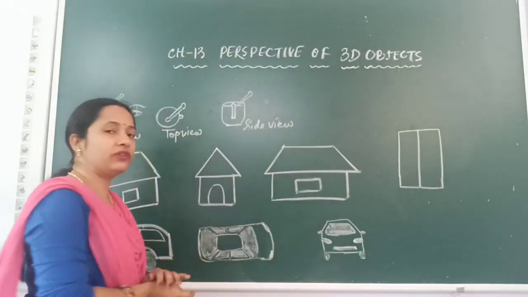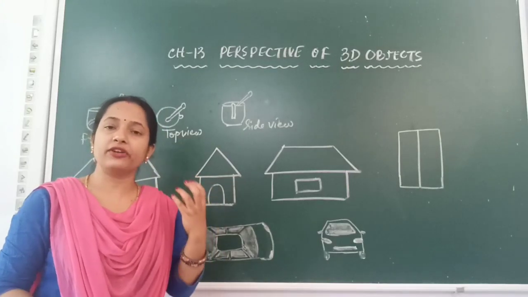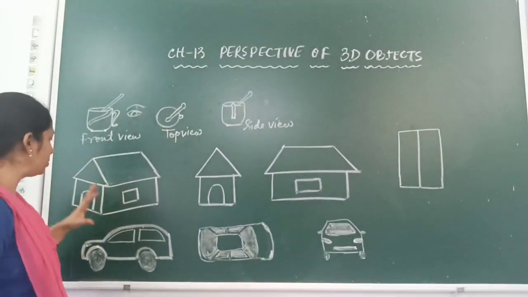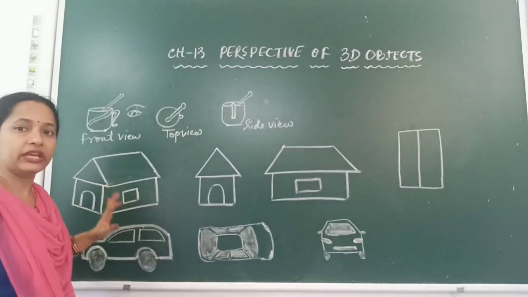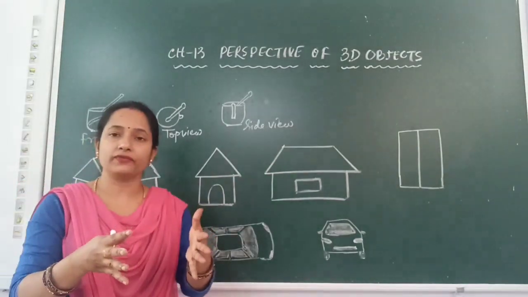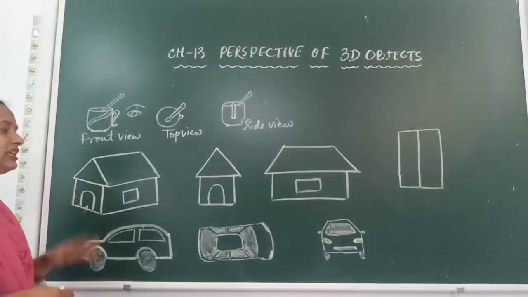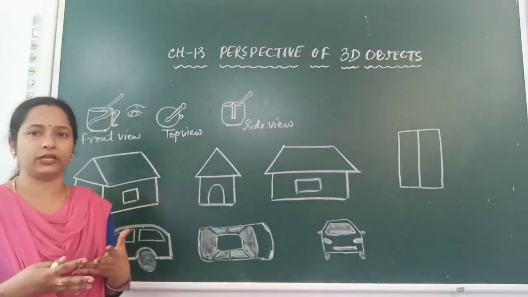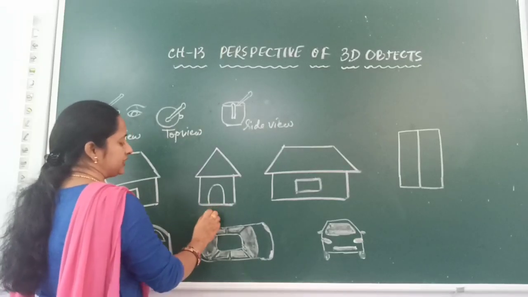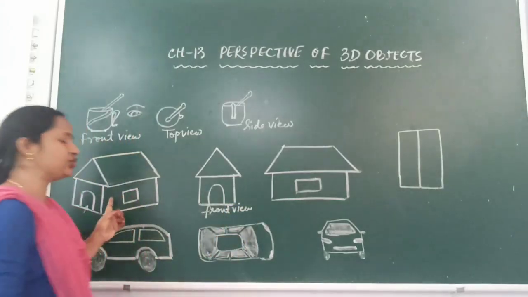So in this chapter we will learn how to imagine and draw the different views of any given 3D object. For example, one more example I have taken. Suppose this is a house. Now this is the entrance of the house. Obviously the entrance part of the house will be considered the front part of the house. If you stand exactly in front of the house, how will the house be visible? The house will be visible like this. So what view is this? This is the front view of the house which is drawn here.